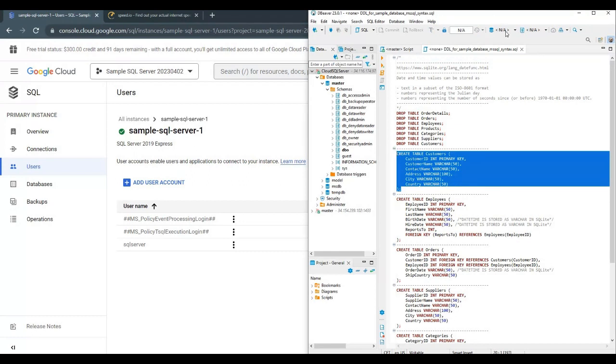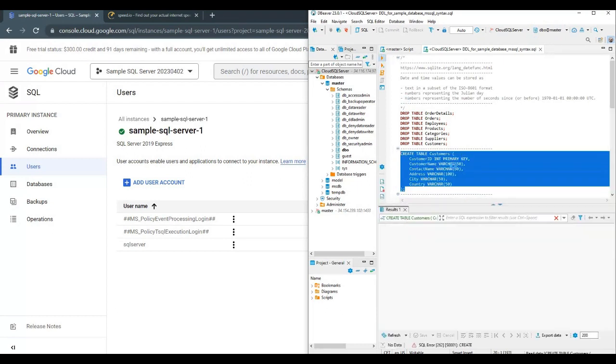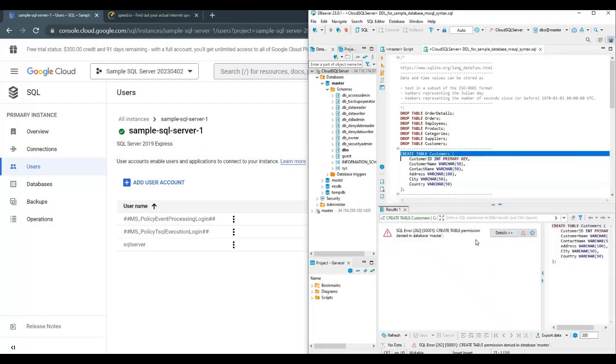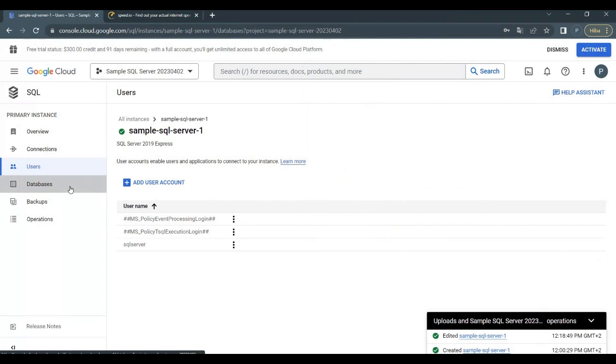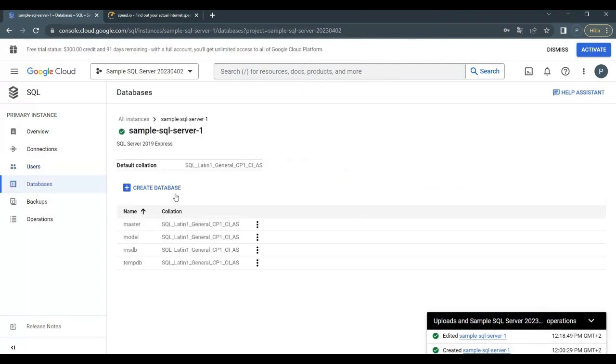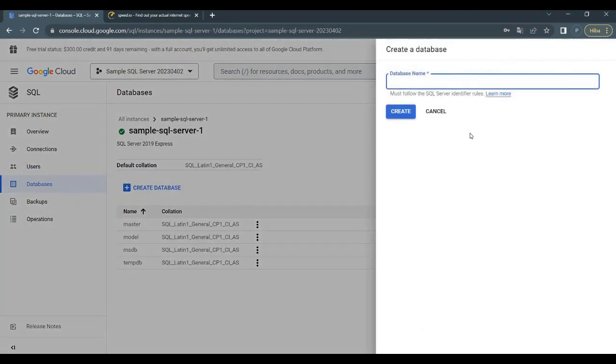Let's create table customers. And we don't have permission yet, so what we should do is create a database which is called